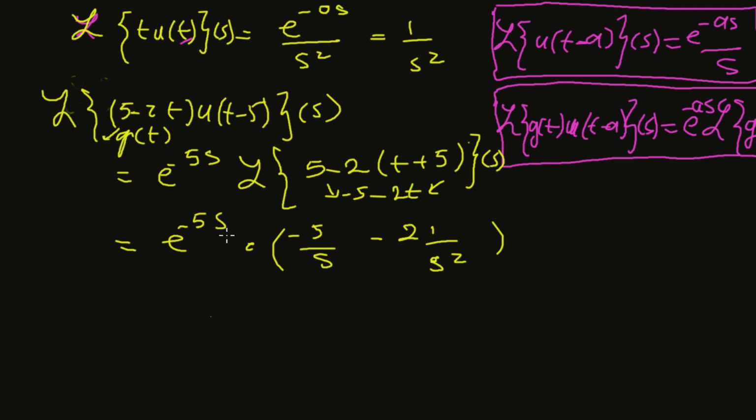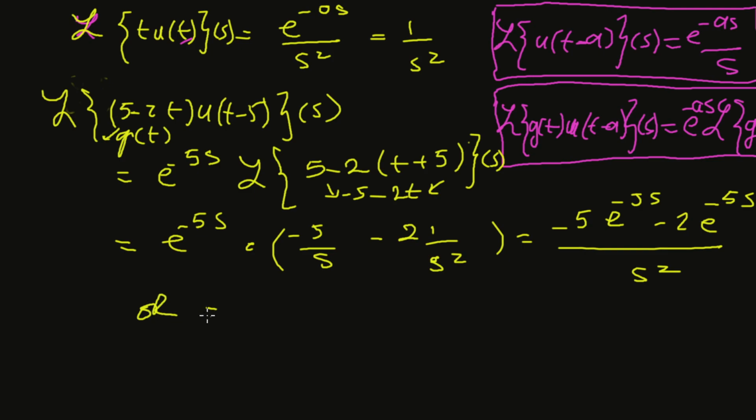So now we're going to distribute that exponential, and we get negative 5 with the exponential part, and negative 2 with the exponential part over s squared. Yeah, so we can write it this way, or we can put the negative out and switch these to be positive. You will see what you need to do once you're ready to conclude this later on. Alright,